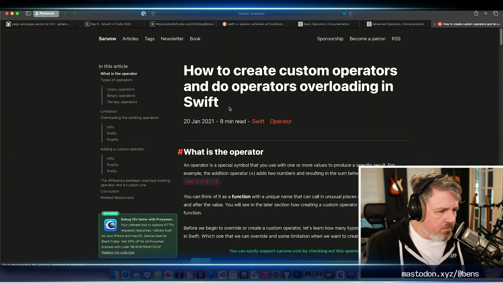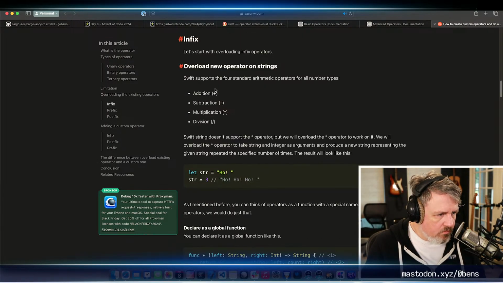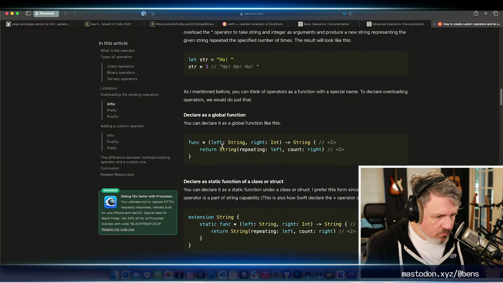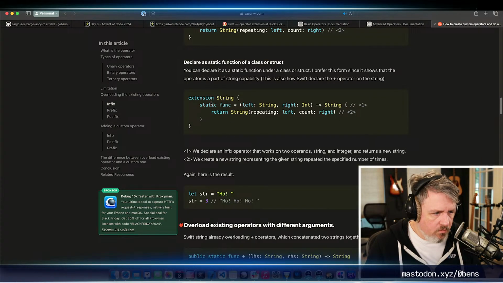I don't want a custom operator. Okay, this is fine.